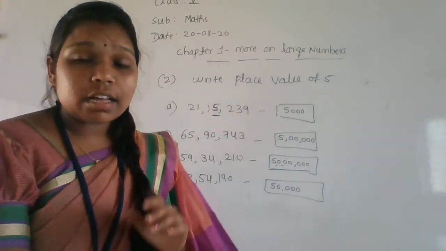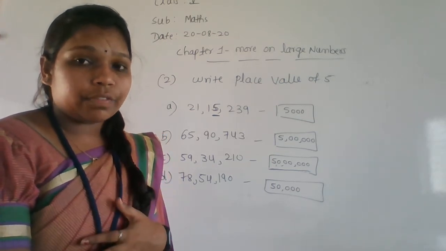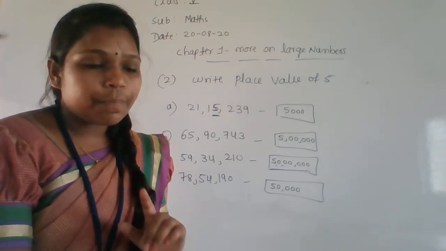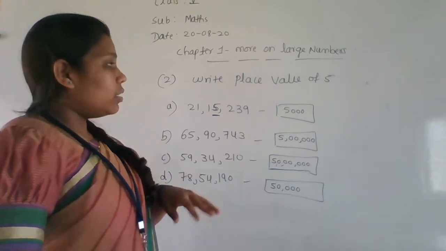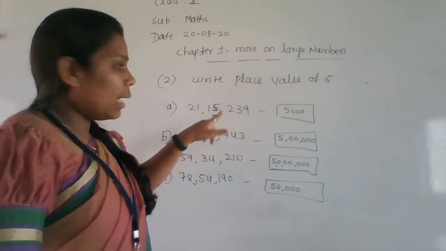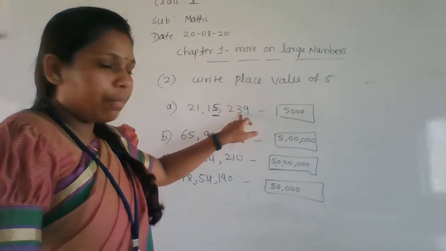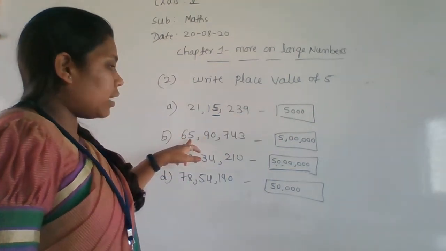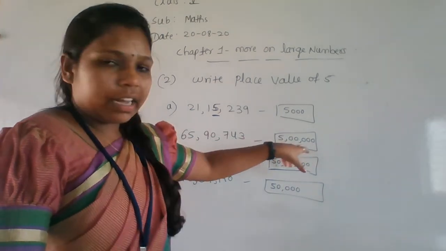If you are getting confused with the zeros, how many zeros we have to put? I am giving a one more clue. Okay, but it is not an actual method. But still, if you are getting too much confused in that, so just follow this one. If they given a 5, right? Only 5 they given. Okay. So write first 5 here. After that, how many zeros are? How many numbers are there? 3 numbers are there. Okay, write 3 zeros. Next, again 5. How many numbers are there here? 5 numbers are there. Give the 5 zeros.